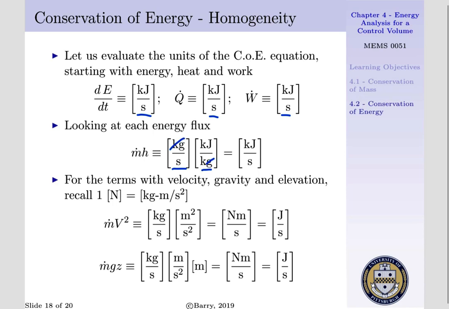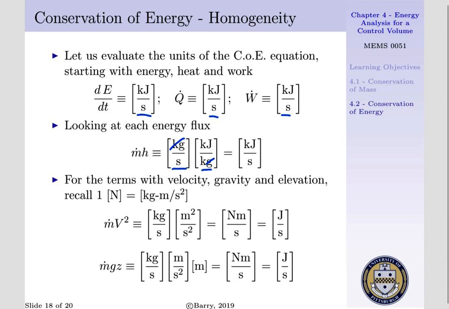Thus, m dot h has units of kilojoules per second, which is aligned with our change of our total energy, the rate at which heat is supplied, and the rate at which work is done by our system. Now there's two terms that differ. If we look at m dot associated with our velocity squared and m dot associated with our gravitational acceleration times